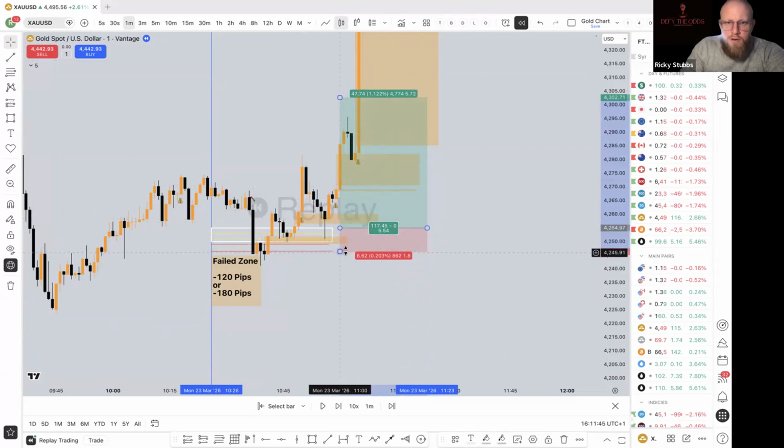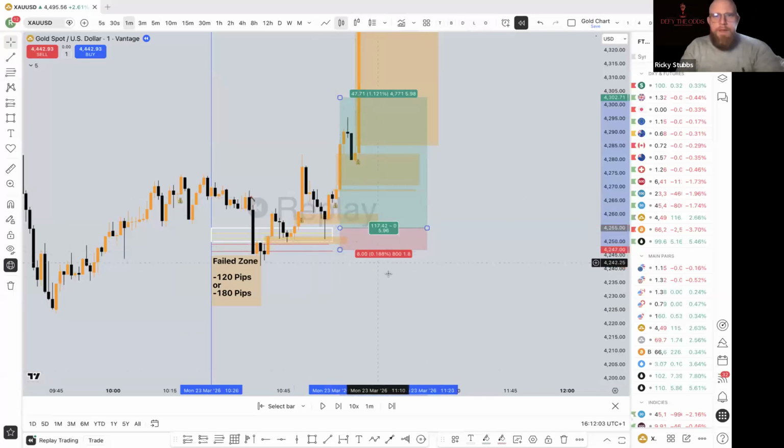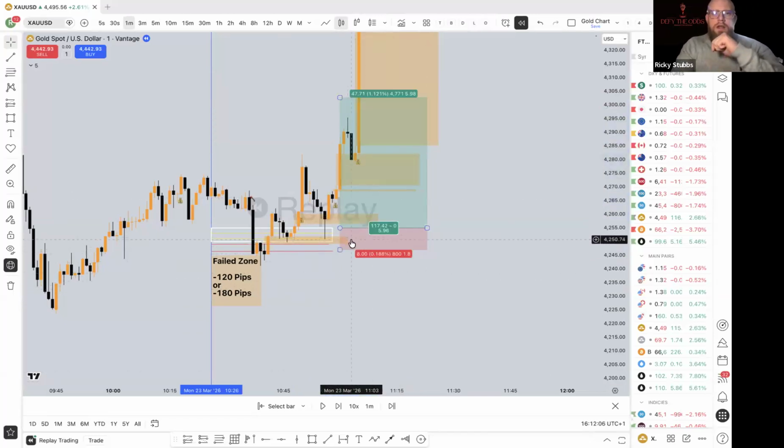So if that is entry level 4255 and the stop loss level, I believe, was 47, something around there. So from our first entry to our stop loss, there's an 80 pip